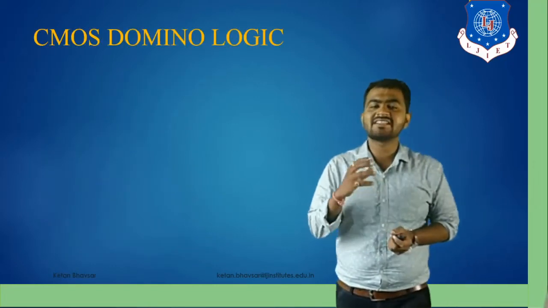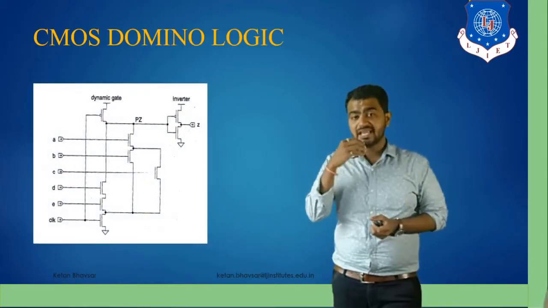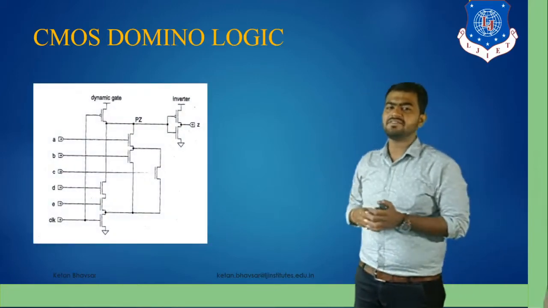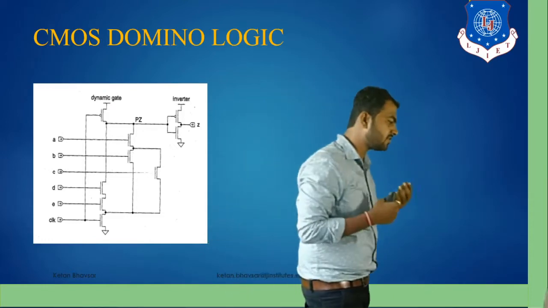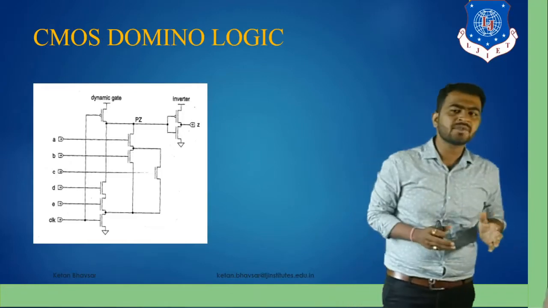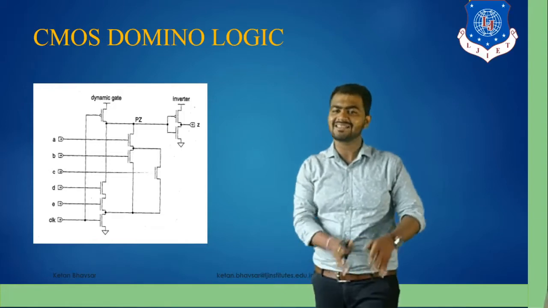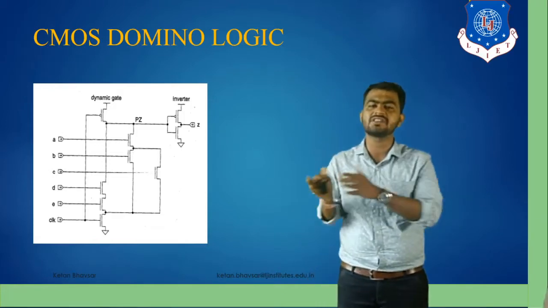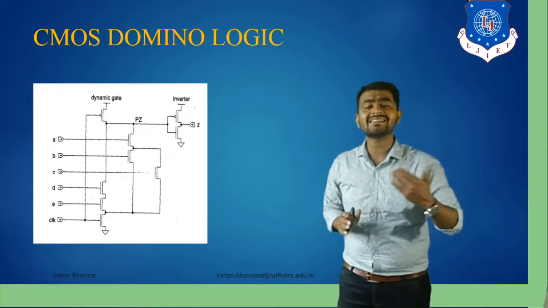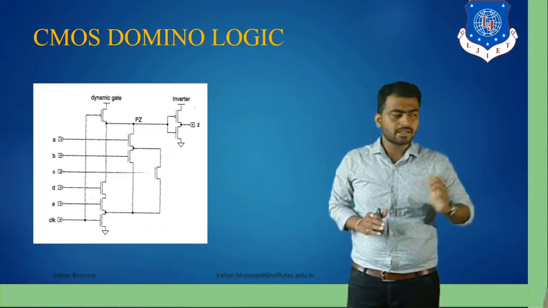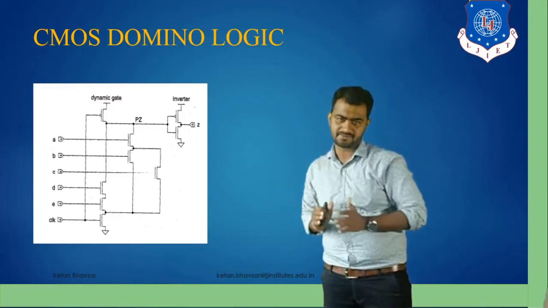Now let's discuss domino logic circuits. What is the reason behind using domino logic circuits? The reason is very clear. Whenever we design logic circuits with CMOS, we can design either a NAND gate, a NOR gate, or an inverter. With these three, we can design the circuit. But you cannot directly design an AND gate using CMOS. You have to design the NAND gate and then put one more inverter, and it becomes an AND gate.